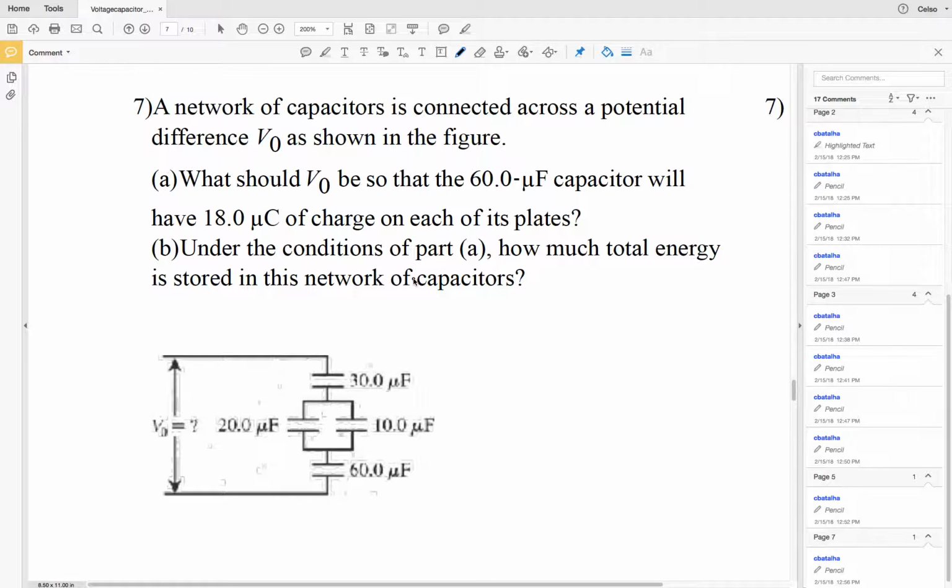So once you identify in your circuit which ones are in series and which ones happen to be in parallel, the next thing you do